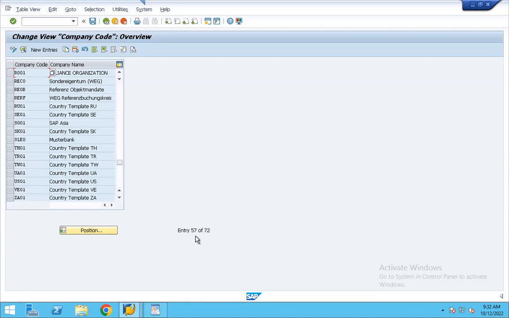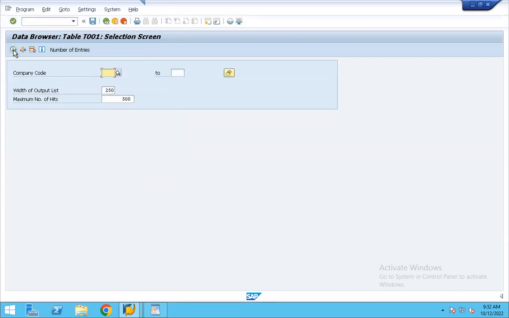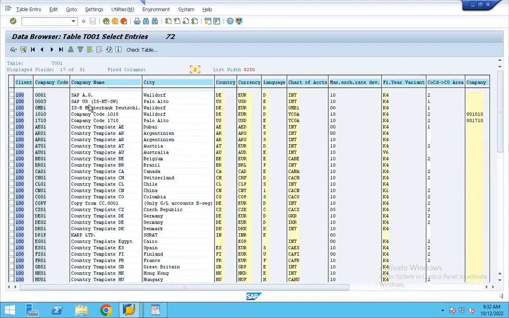Yes. So these 72 records you can display here like this. It will show you all the information: company code, company name, city, country, currency, language, chart of accounts, maximum exchange rate, fiscal year variant. These are all finance related entries.